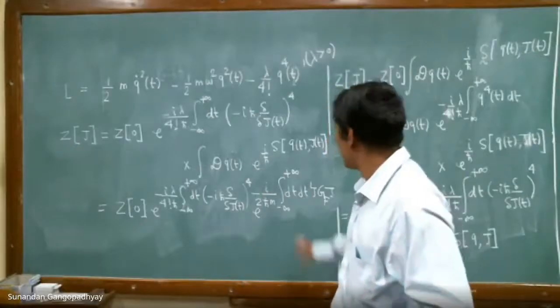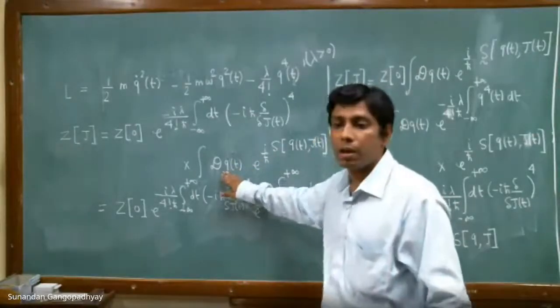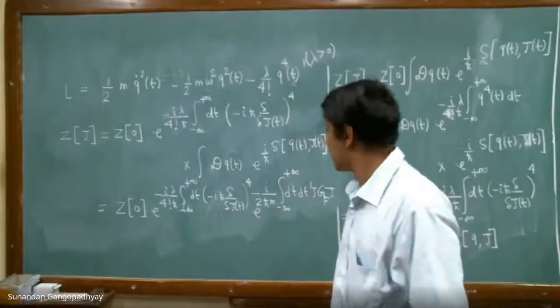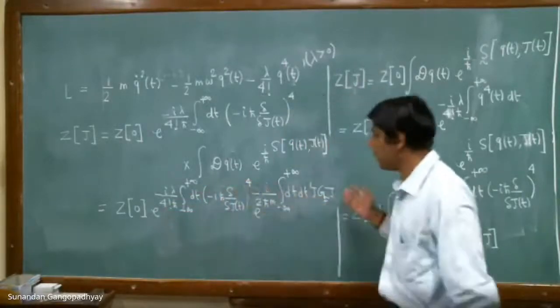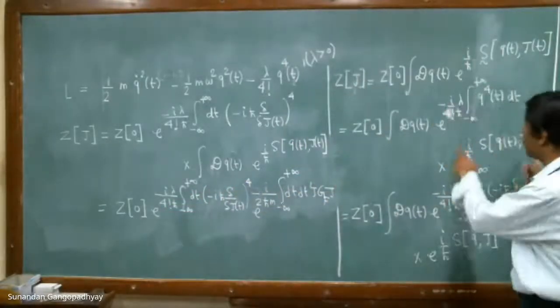Yes, please. Sir, before starting this derivation, you told us that q was a number, but now you've replaced q with an operator. So how is this allowed? Well, q is not an operator. Everything over here, q is a number. There is no operator here. Yes, sir, but you have replaced q with an operator, the functional differential operator. Yes, because you need to calculate this. Otherwise, you don't know how to calculate this thing.